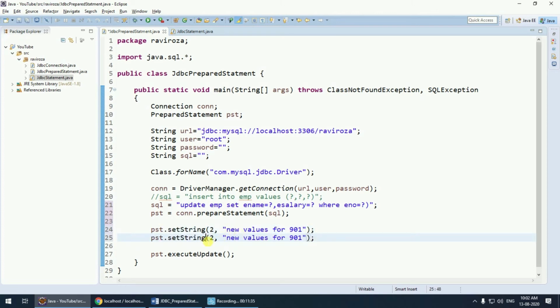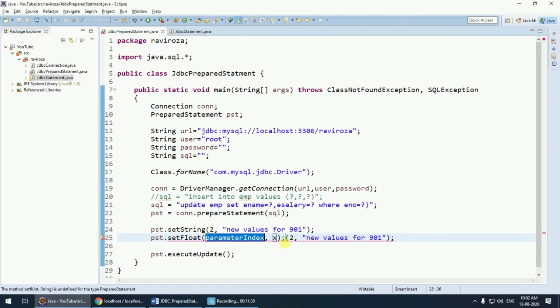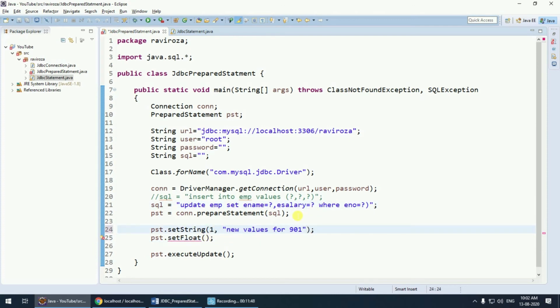Then we need to set the salary float. What is the index number for float, which is second number. Okay, it was the first number for this one, then the second, then the salary is 9999, and finally, okay,